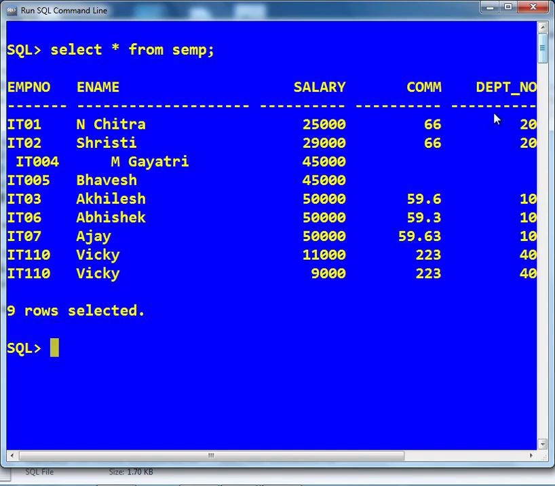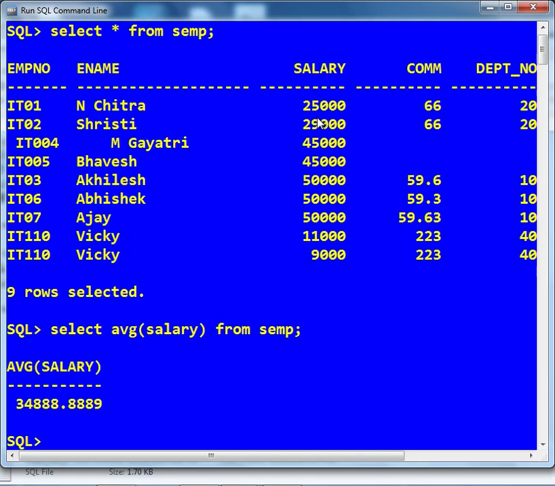Suppose I want to find the average salary. For that I will write select AVG salary from ACMP. So this is giving me the average salary from the ACMP table.